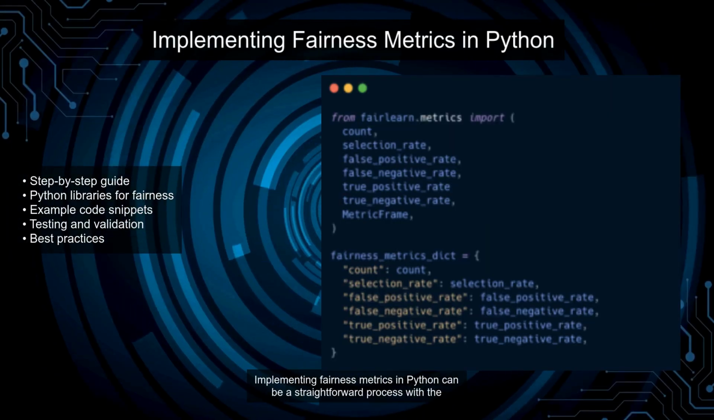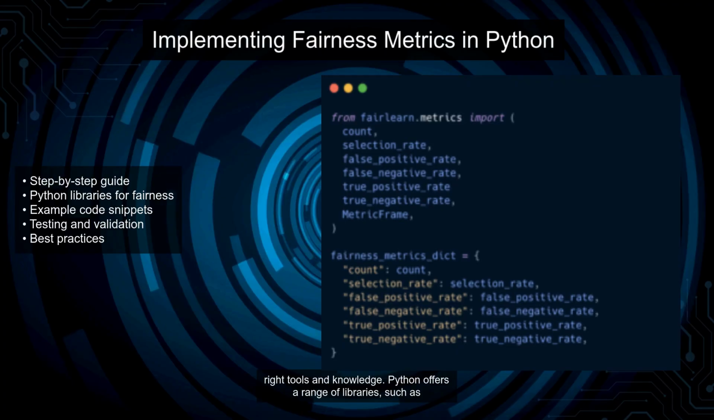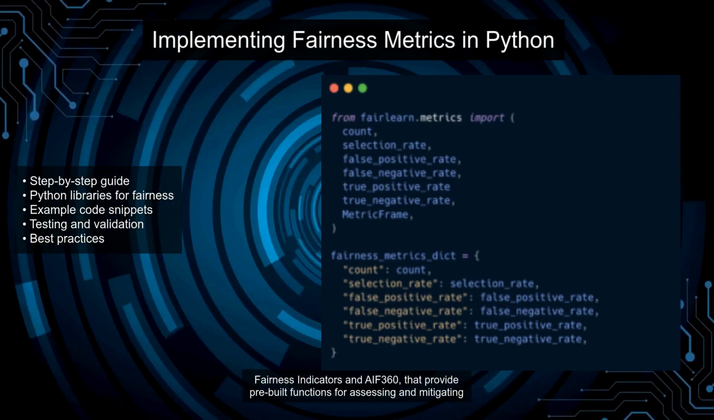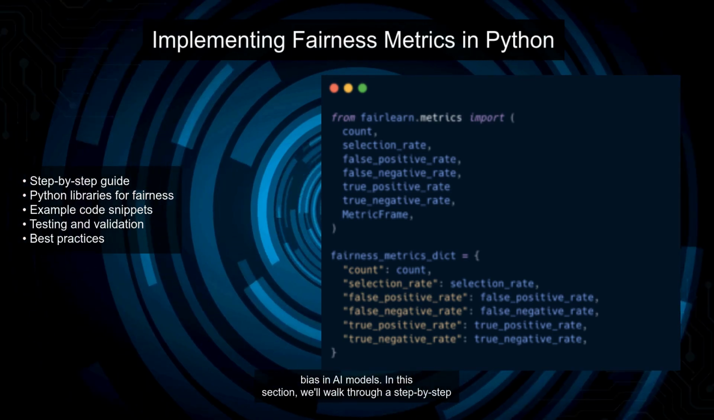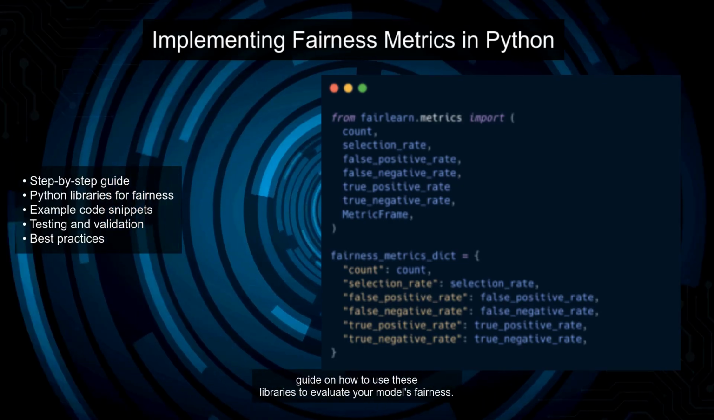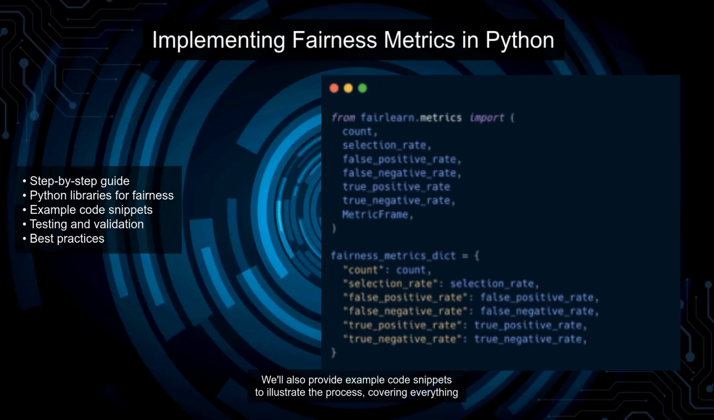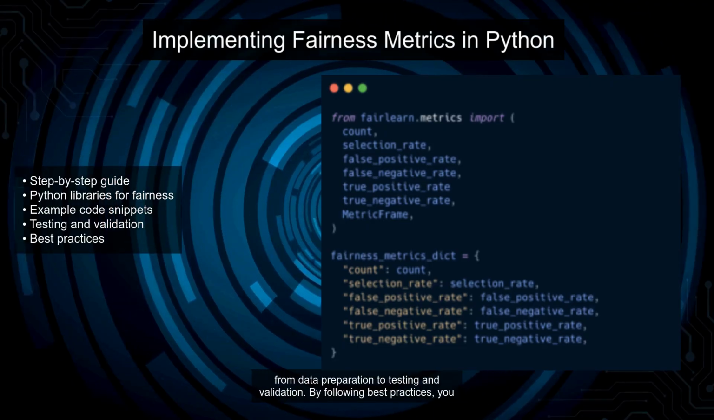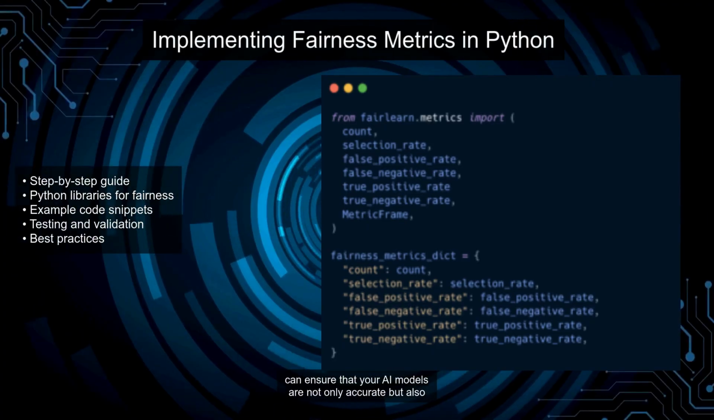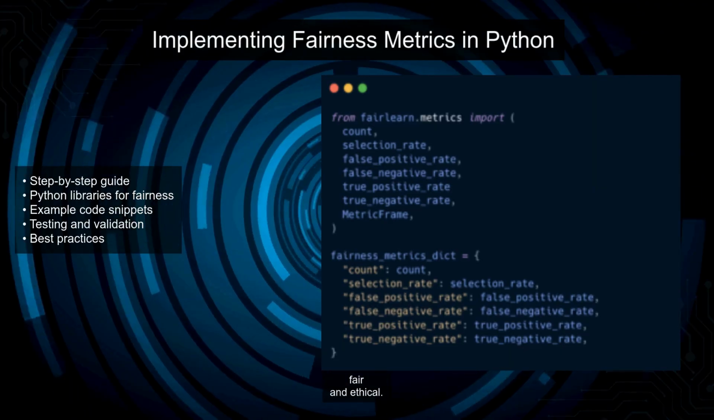standards. Implementing fairness metrics in Python can be a straightforward process with the right tools and knowledge. Python offers a range of libraries, such as Fairness Indicators and AI Fairness 360, that provide pre-built functions for assessing and mitigating bias in AI models. In this section, we'll walk through a step-by-step guide on how to use these libraries to evaluate your model's fairness. We'll also provide example code snippets to illustrate the process, covering everything from data preparation to testing and validation. By following best practices, you can ensure that your AI models are not only accurate but also